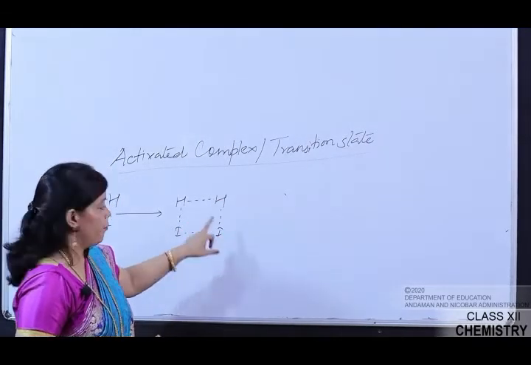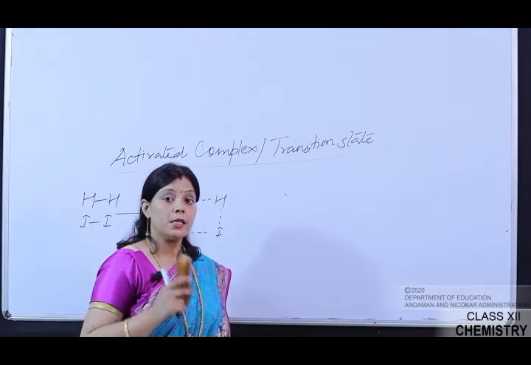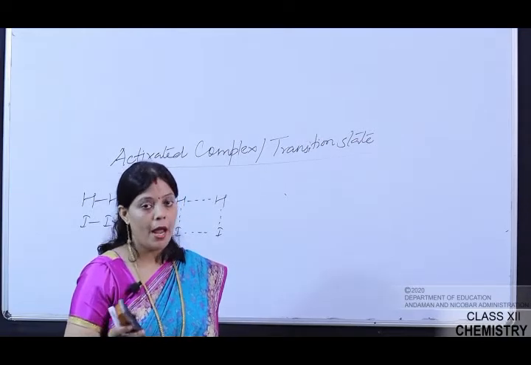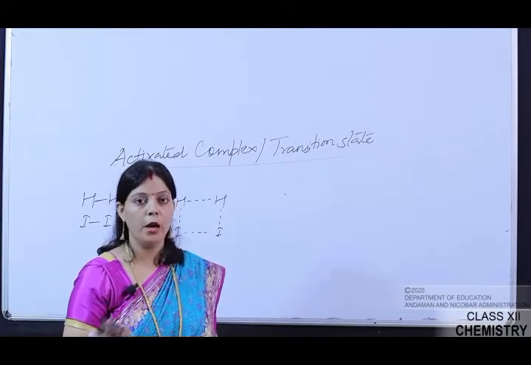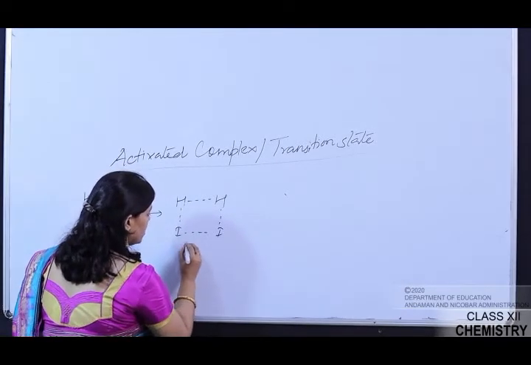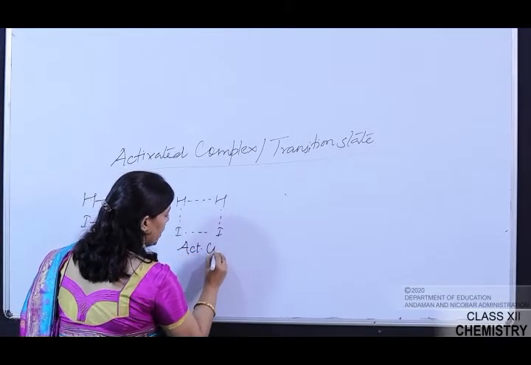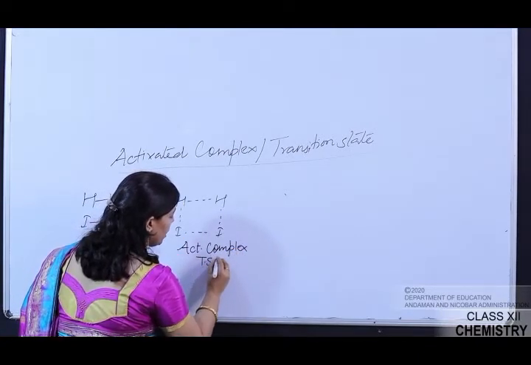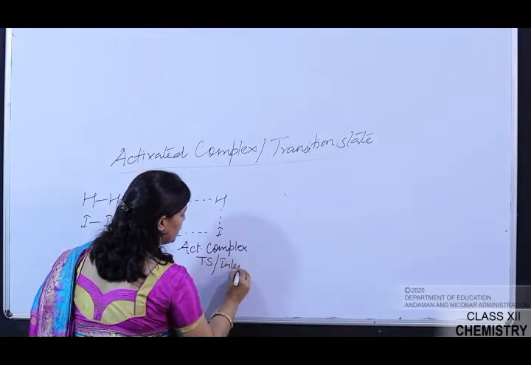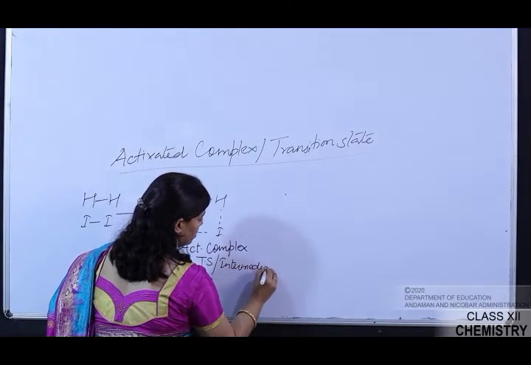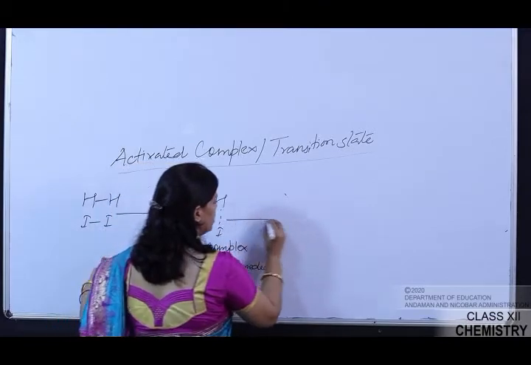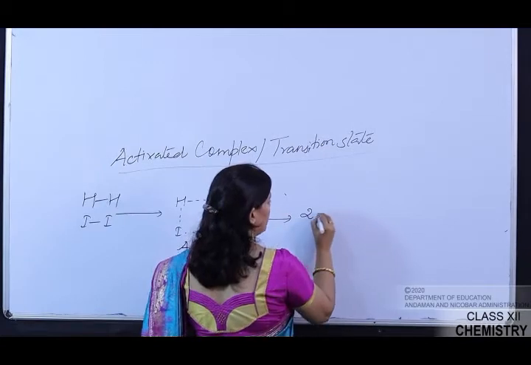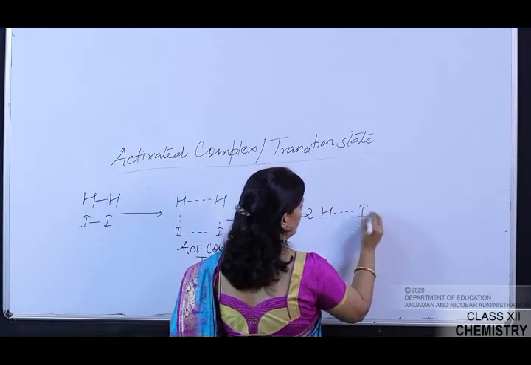forming. So when a chemical reaction is taking place, certain bonds are broken down and certain new bonds are formed, and finally it is converted into the product. This intermediate is named as the activated complex or transition state, or we can say the intermediate. After that this intermediate is broken down and finally the product is formed,